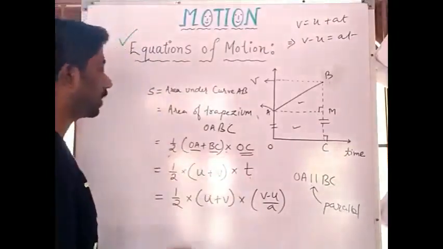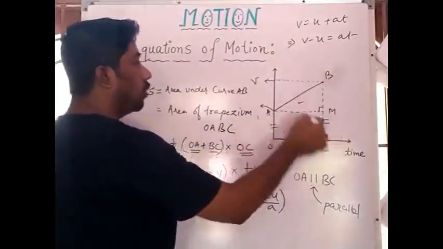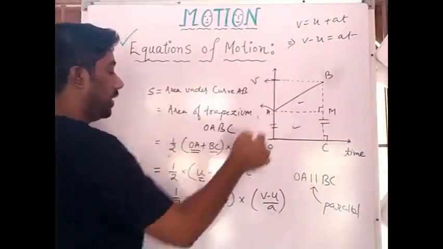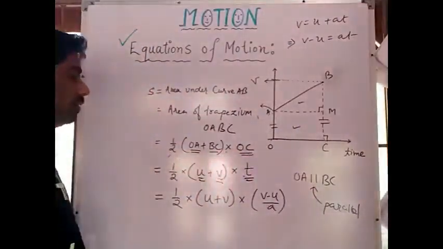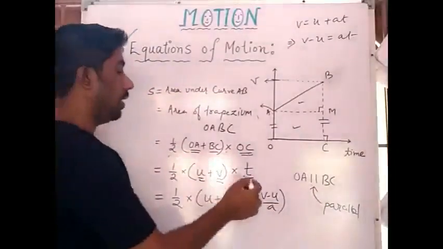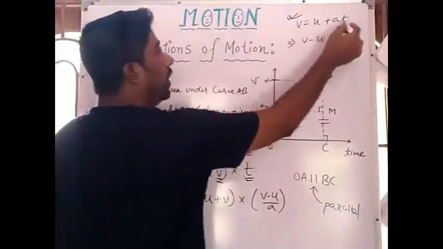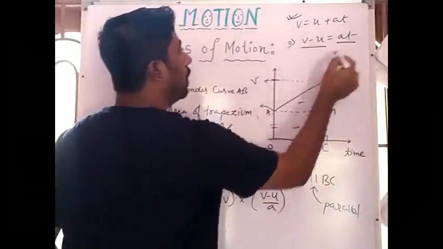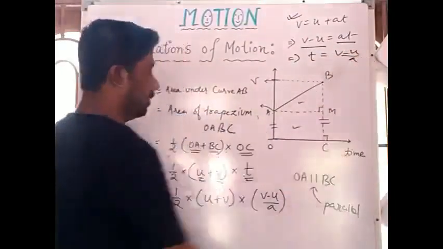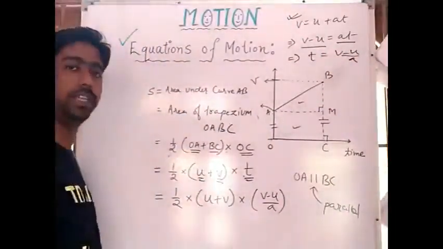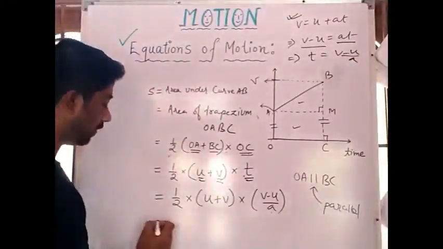Again from last, OA is equal to u. You can see from the graph. BC is equal to this part, hence it is equal to v. OC is equal to t. So half of u plus v. Again from the first equation, v is equal to u plus at, so v minus u is equal to at. From here t is equal to v minus u by a. So you put it here, t is eliminated. t is replaced with v minus u by a. So further simplify it, you will see